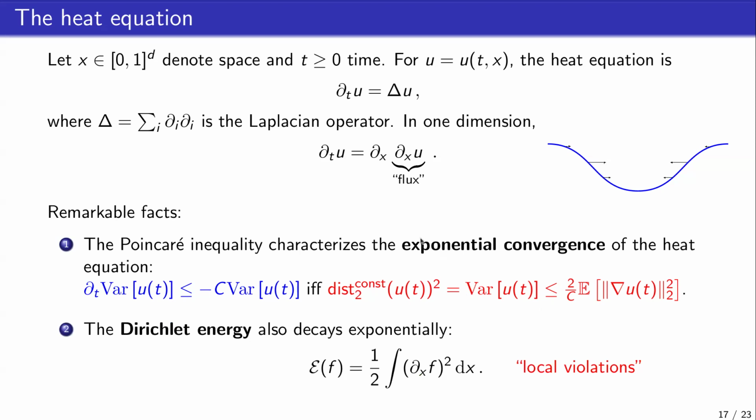There's another way you can measure the progress of this PDE other than the variance, and this is by this notion of energy called the Dirichlet energy. And the way that you compute the Dirichlet energy, the way that you define it, is by taking the integral or the average over the entire domain of this quantity here, this squared derivative at a given point. And I want to say this is the sum of the local violations of the function. Again, this derivative is non-zero when f is non-constant. And it turns out that the Poincaré inequality also implies that this version of energy decays exponentially over time as you go towards equilibrium temperature. And this is going to be critical for us.